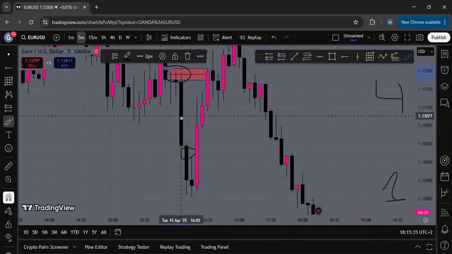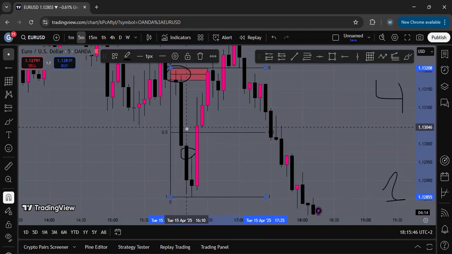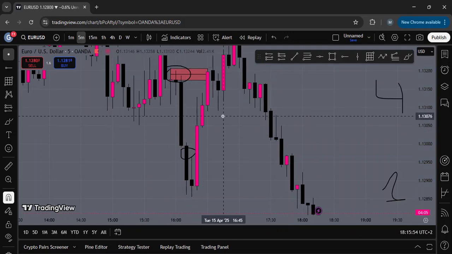And then the fair value gap loss, which was mixed also with 50% of the whole rise, the equilibrium. So we had 2 confluences, equilibrium plus our fair value gap got respected. I guess you could say respected because it started to react. You would have entered and would have taken 1 loss rather than 4.